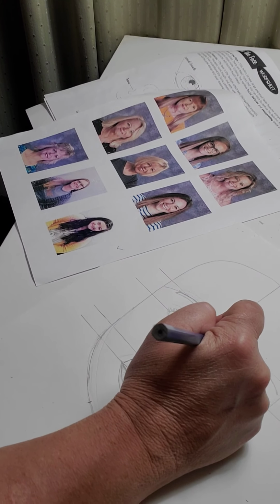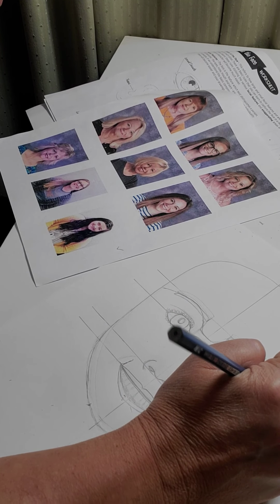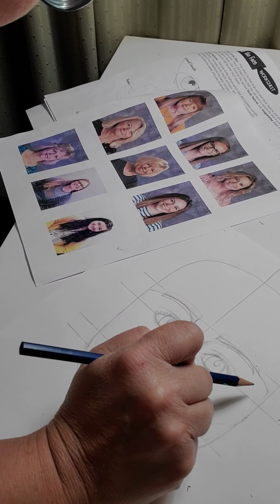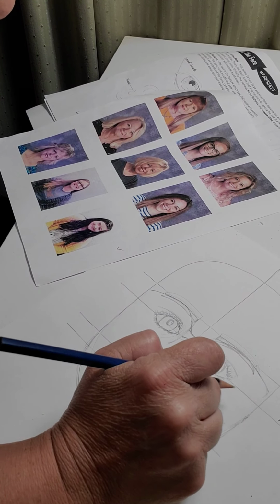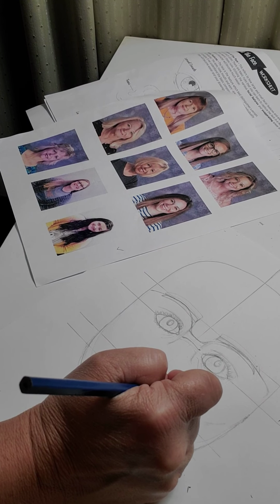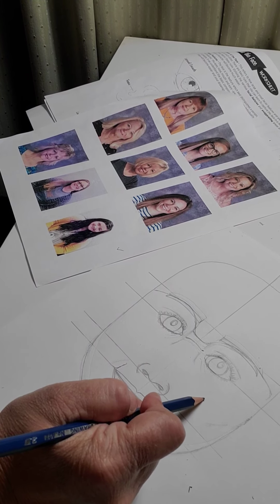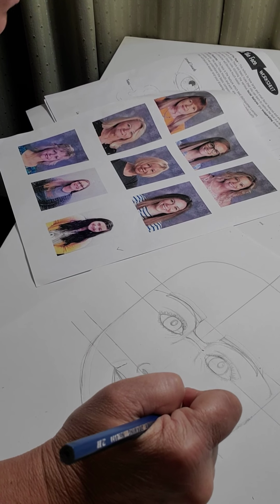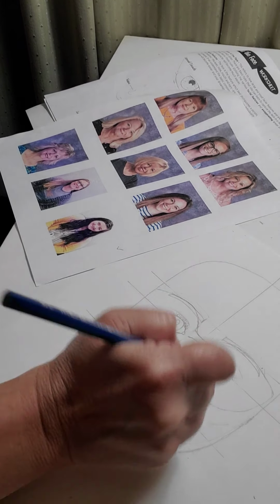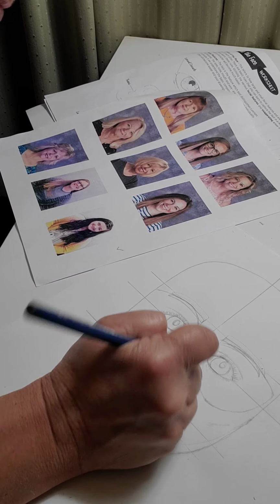All right, and now we're going to do the rest of the outside. And that is actually going to come down. The lowest point is going to be about right here. Trying to make sure I'm not blocking you. So I'm going to start at that lowest point and make that circular curve up there. And then I'm going to bring that up